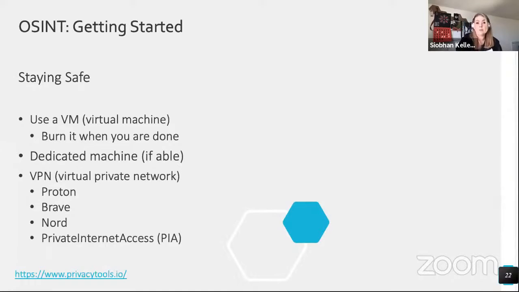This I found can create a barrier for many, including myself. When competing in a CTF, I've always just used a really well isolated VM because an extra machine is just out of reach for me. But when I do use OSINT for work, I do have a separate investigation machine that I use for that. Using a VM helps ensure that your personal social media information and browser information is not going to spill into your investigation. If you are going to be doing any work in the dark web or with Tor, it is strongly recommended that you use a separate machine from anything that you would be using for work or for personal use and not just a VM.